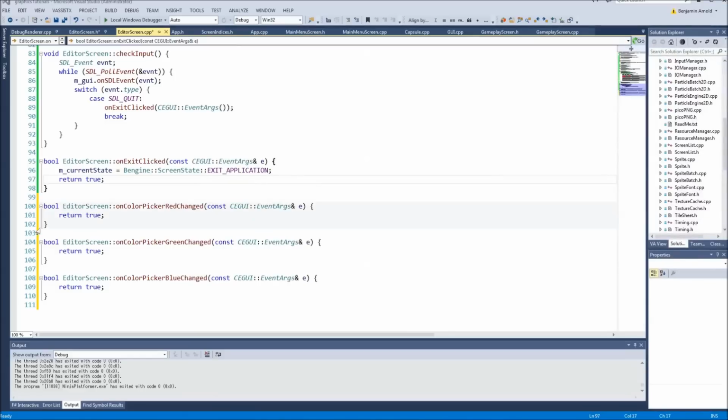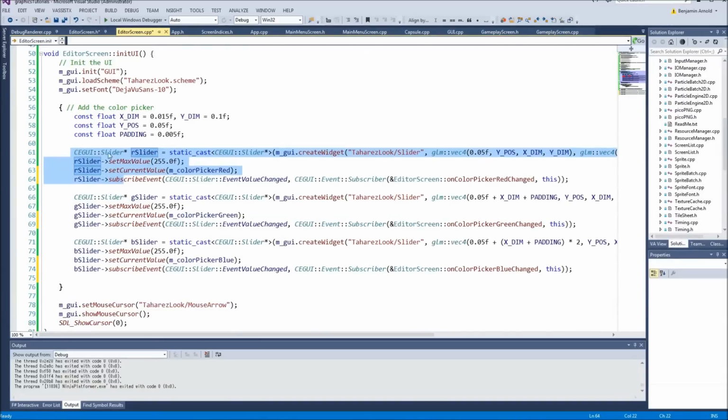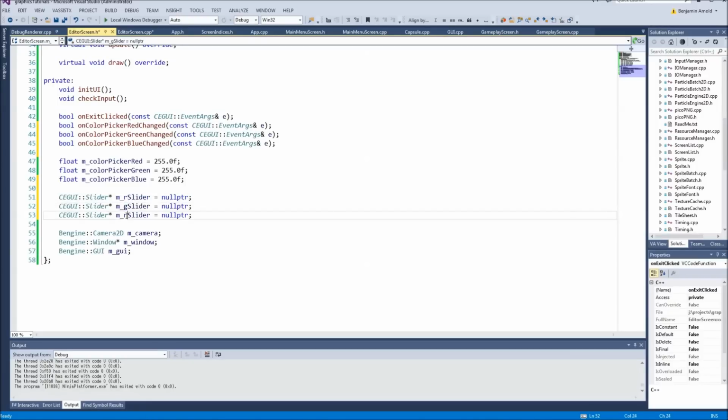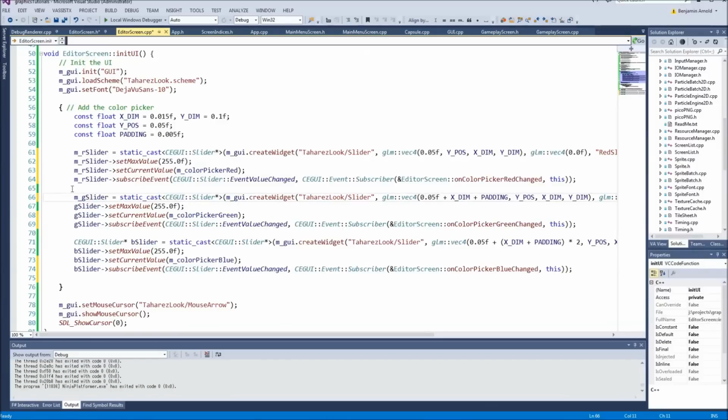So what we're going to need to do is whenever we get these functions to run, we're going to need to query the value from our slider. However, our slider is here, the pointer, and then we just kind of get rid of it. So instead, let's go ahead and make these sliders some member variables up here. So we'll say mRSlider and mGSlider, mBSlider. And for safety, let's set these to null pointer at the start in case we get some weird problems later. We'll easily see the crash. RGB, there we go. And then down here, instead of creating a local slider, we're just going to use our member variables. MG, then MB,